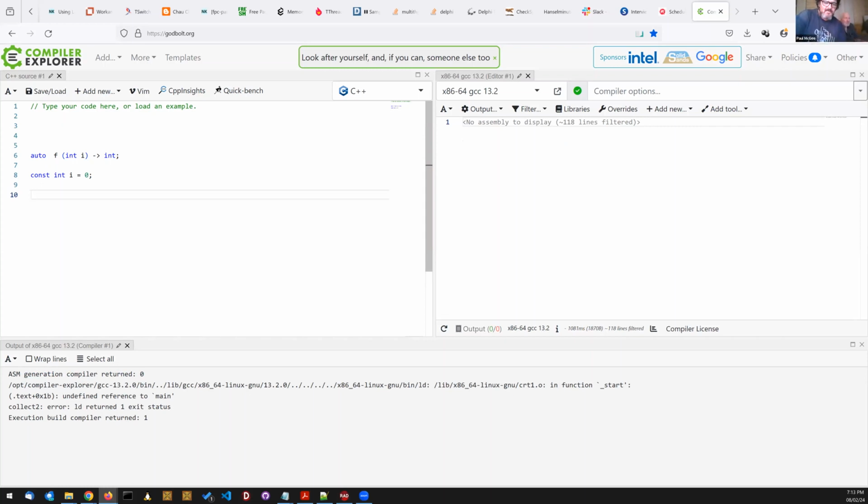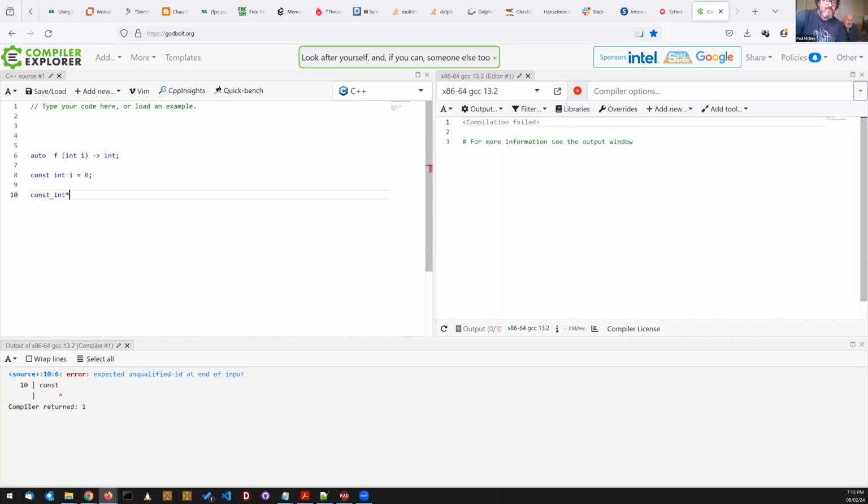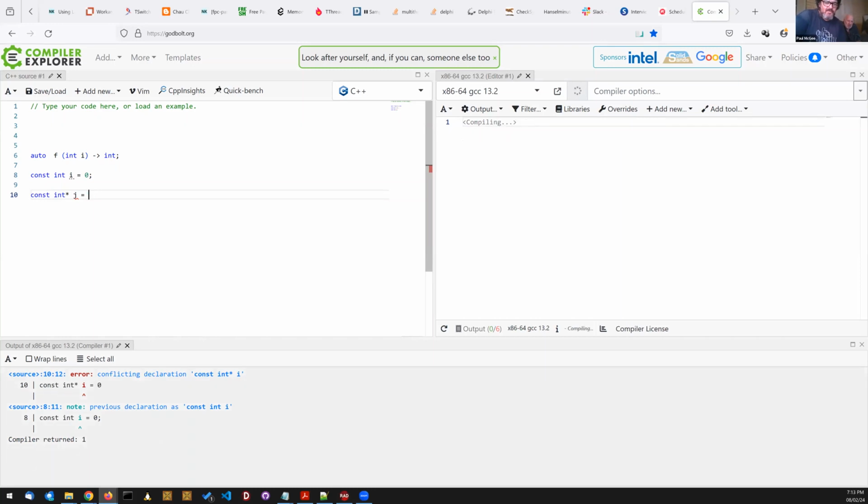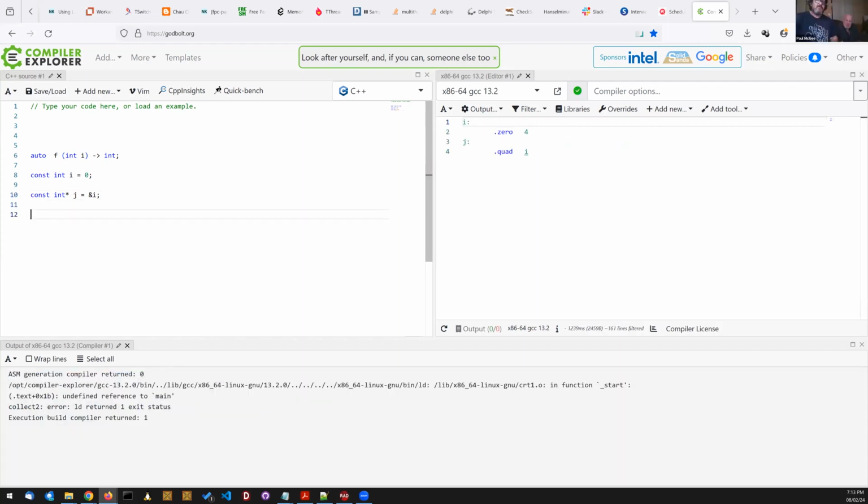You can have a const int star, which is a pointer to an integer, we'll call that j. Because it's a pointer, you could make it the address of I. And that compiles. So you can have a constant integer, you can have a constant pointer,